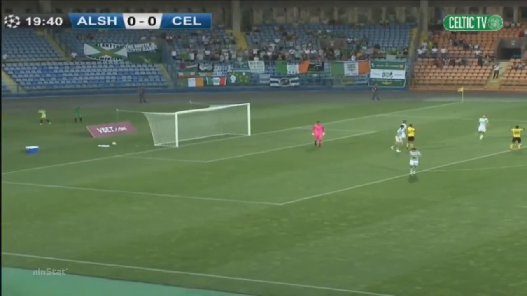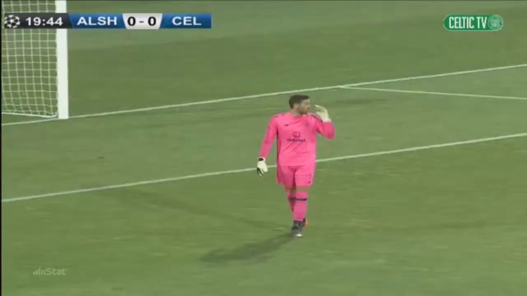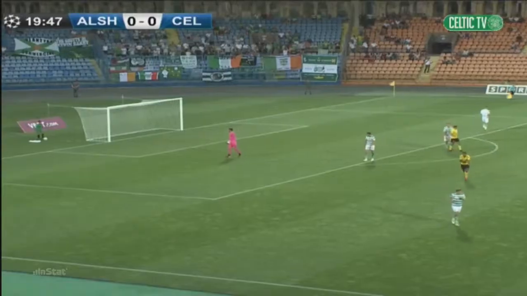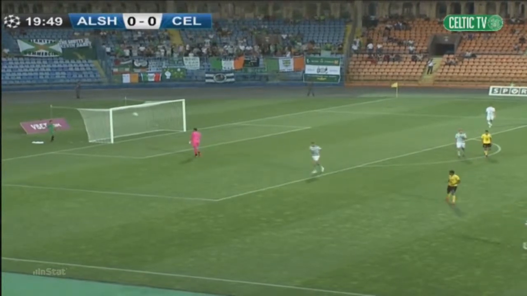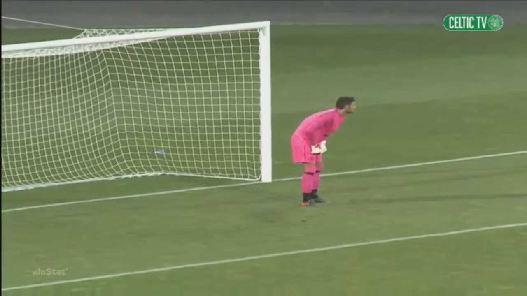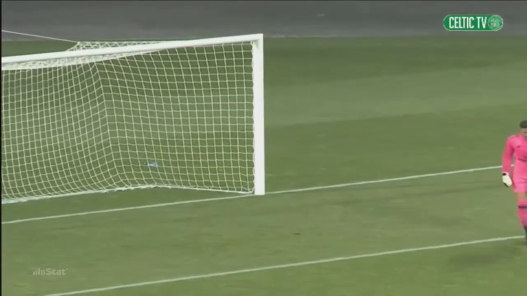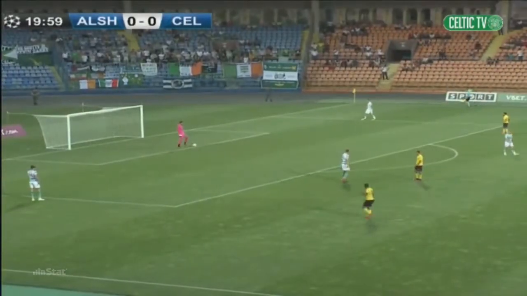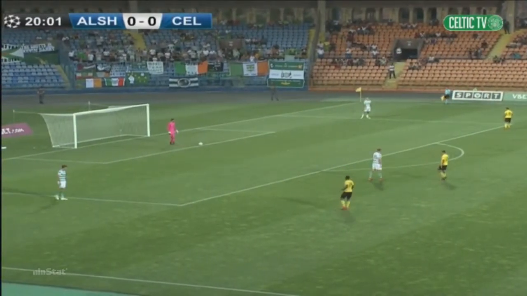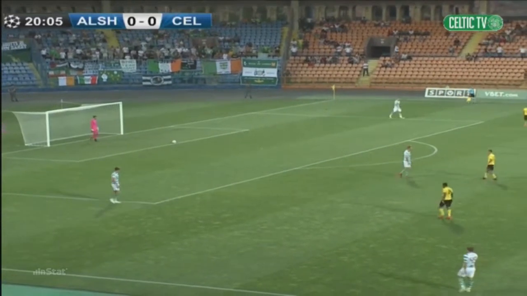Here's a chance again for Alashkert into the box. The shot comes in and it's not far away. Well, two scares in quick succession for Celtic, and that provides further encouragement to the home crowd here in the Republican Stadium. Just Alashkert just taking that quickly, and the shot came in on the edge of the box. Craig Gordon watched it as it flew wide, but a warning for Celtic that they can't really get complacent in